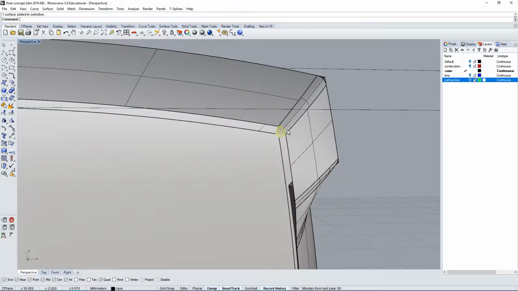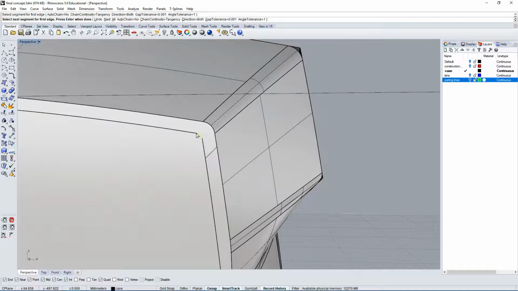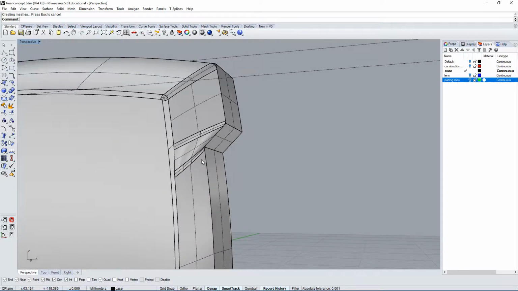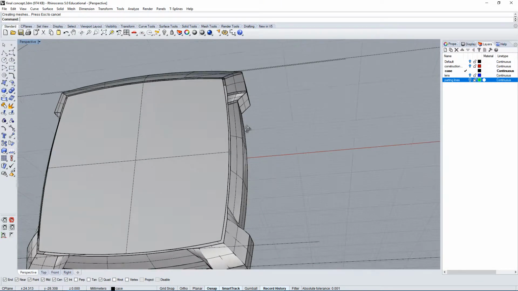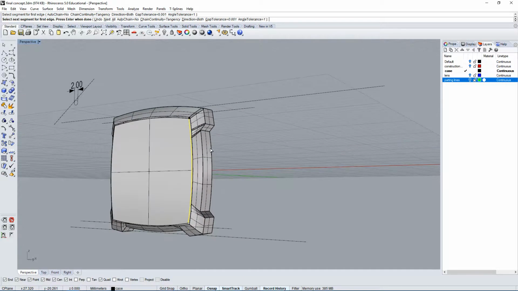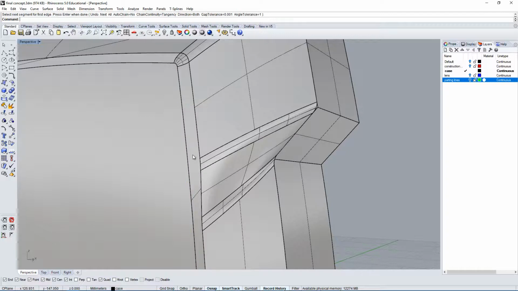So now if I try to do a blend surface, I'm gonna rebuild the same thing, it recognizes this edge. And that's perfect, that's exactly what I wanted. So why did I spend so much time doing this? That's because this is now a single edge, which means if I want to create a nice blend up here,